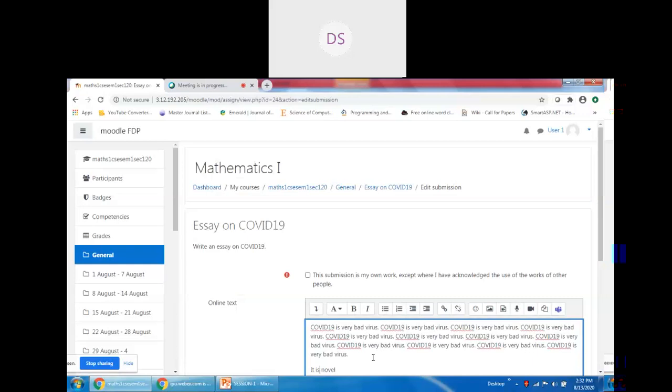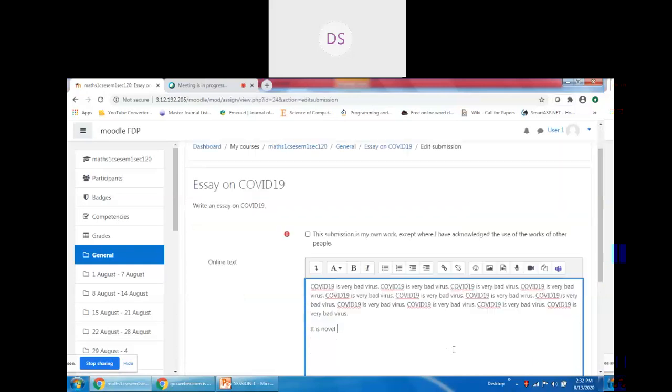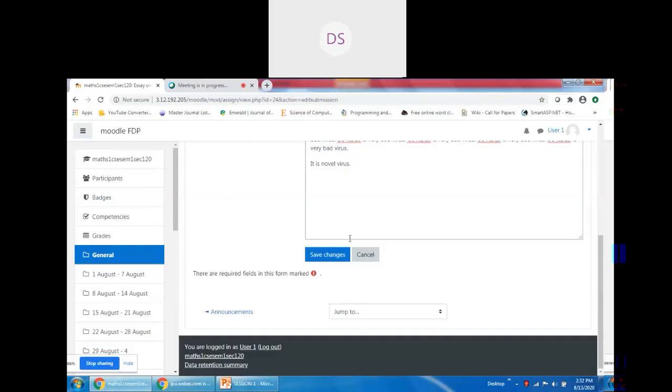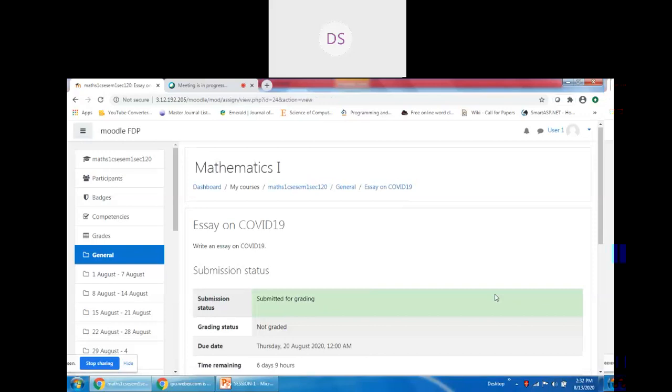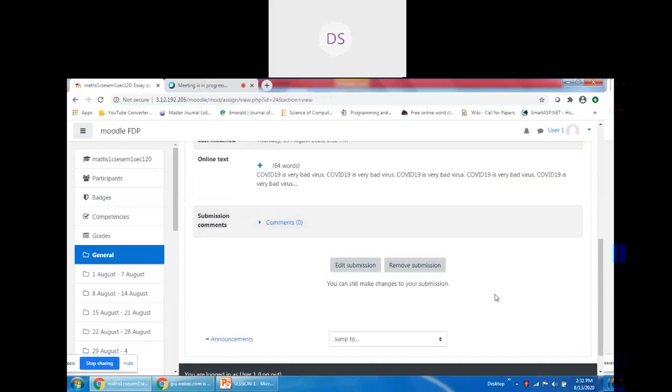So I edited my assignment before submission because I have not submitted yet. I have typed one more line with a few more words. Again, I need to click on that button, save changes.